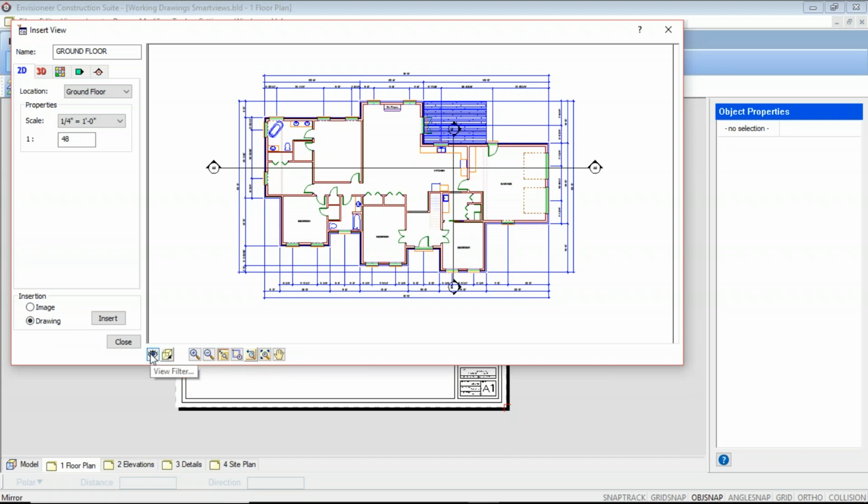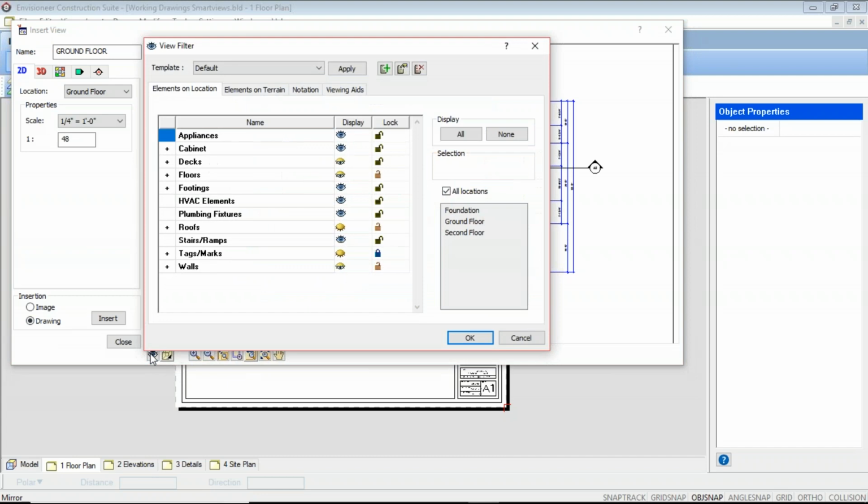So the first option here is our view filter. And this is important because this controls what you're going to be inserting. So depending on what you want this floor plan to represent, you can turn elements on and off. So if you're inserting just a floor plan for just a layout purpose, you can turn off things like your electrical outlets, your electrical lighting, your electrical wiring. You can turn off the roof, so that way you're just seeing the walls and how things are going to be added in. If you want to insert your electrical plan, this is where you're going to go and you